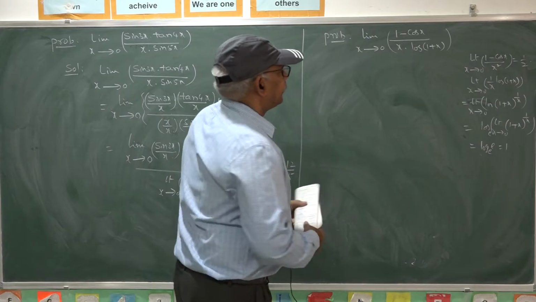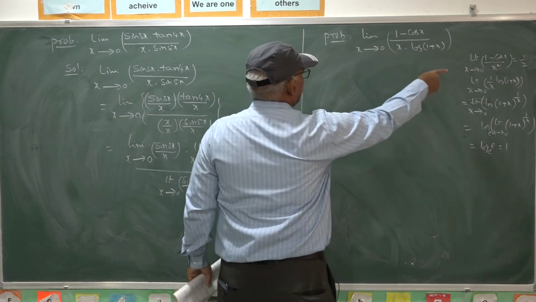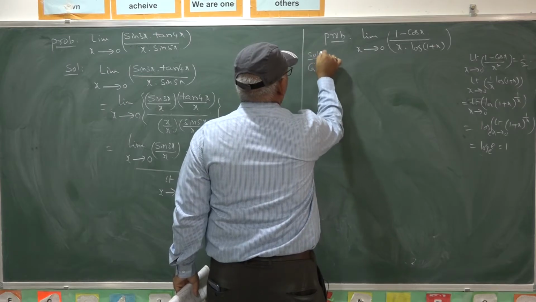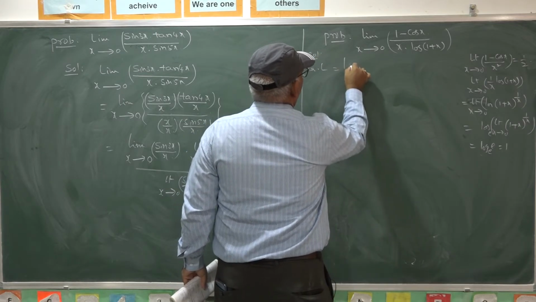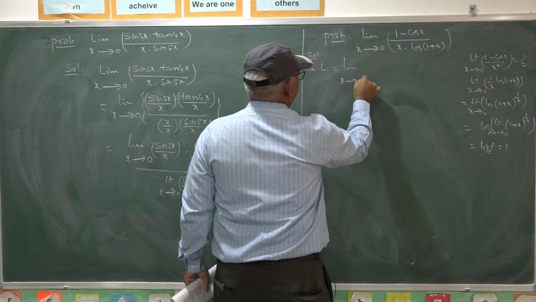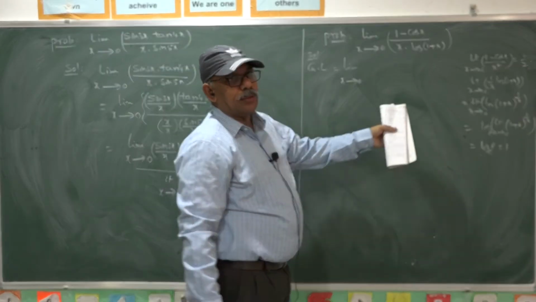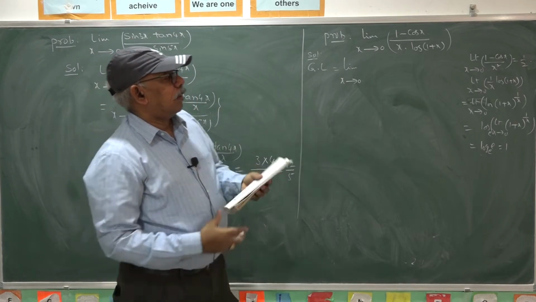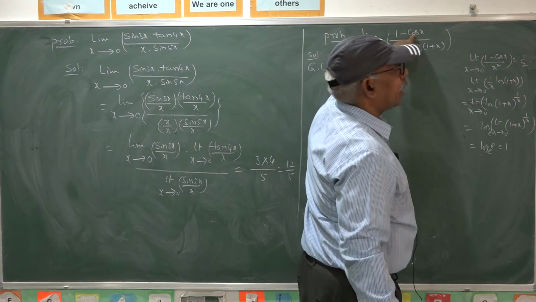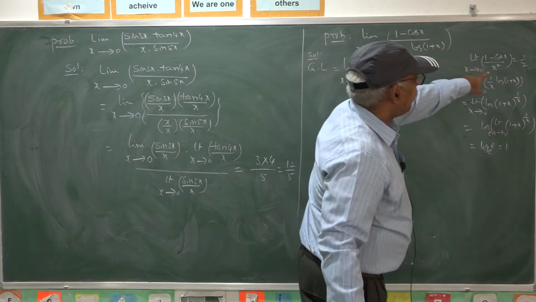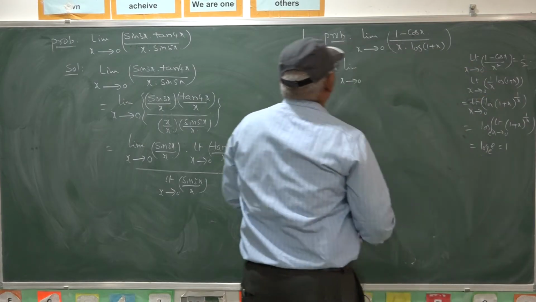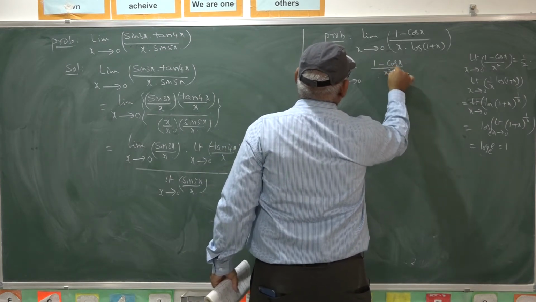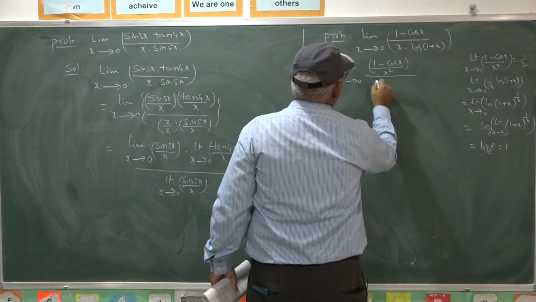formulas to this function. So, to reduce the given function to the known formulas, let us consider the given limit, that is limit as x goes to 0. To reduce that function to the required formulas, one must get x square in the denominator of 1 minus cos x. So for that, divide the numerator and denominator with x square. That is our simple operation here.